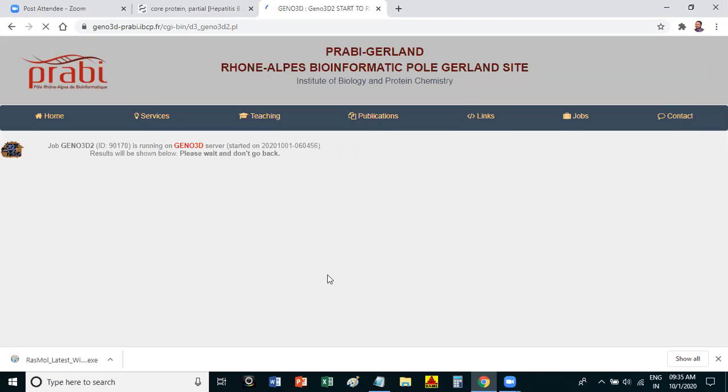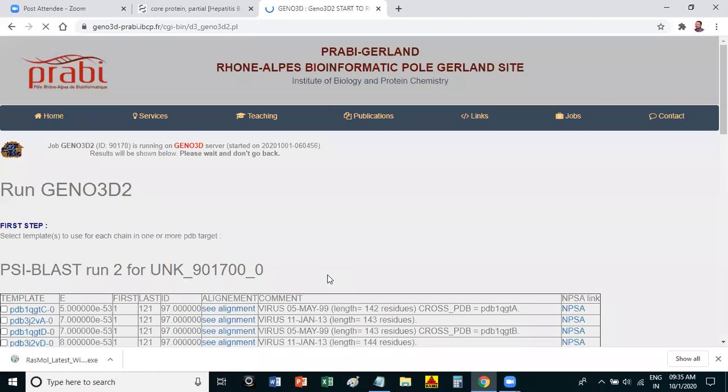Now whatever they have written here, Geno3D is running. Like now BLAST is going on inside, the BLAST program is running inside the server of Geno3D. Automatically they will be doing all those BLASTs; you don't have to perform BLAST. Here only this region, PSI-BLAST is run for this one.